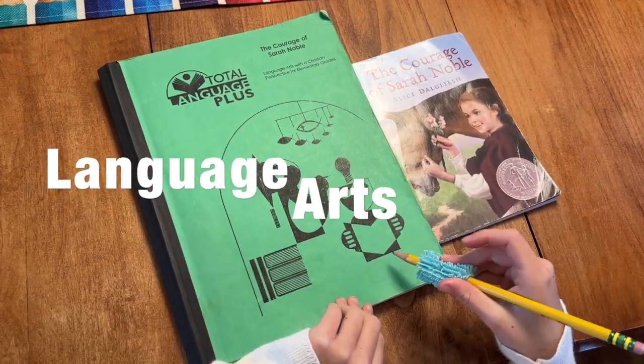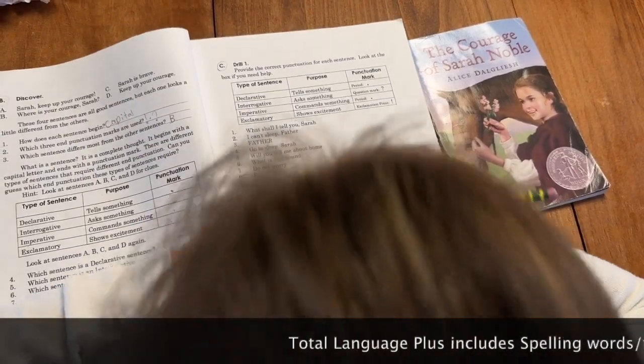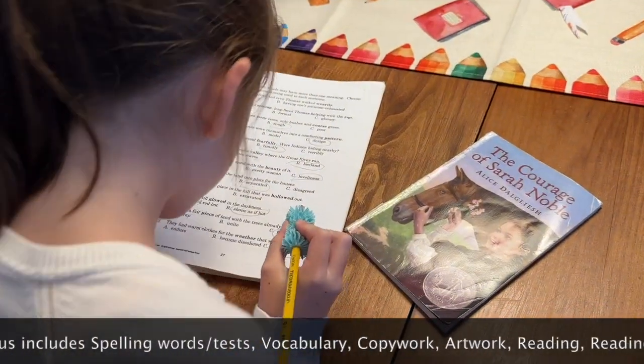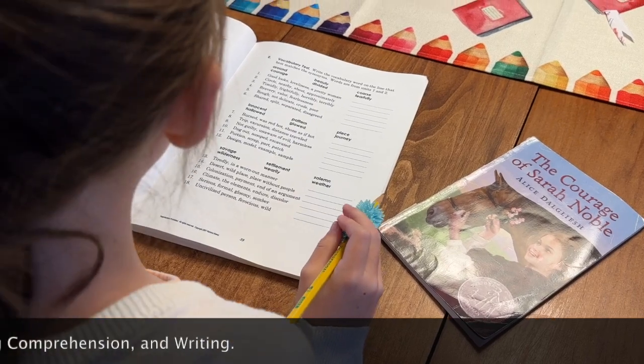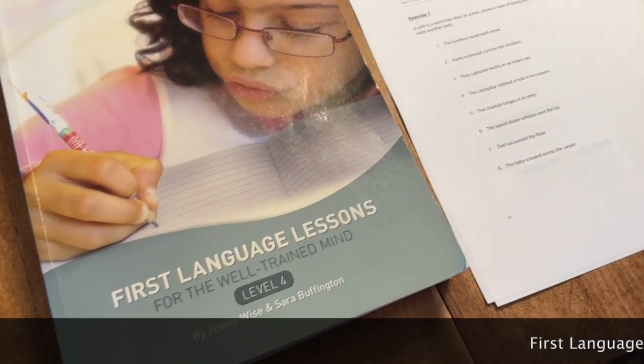The first one is her language arts program. This year she is doing Total Language Plus, which is a literature-based study that includes her spelling words, vocabulary words, copywork, artwork, reading, and her reading comprehension. She's able to work through this book pretty much independently except for the spelling test on Friday, so that's been great for us. And then we also do First Language Lessons, which covers more of the grammar side of language